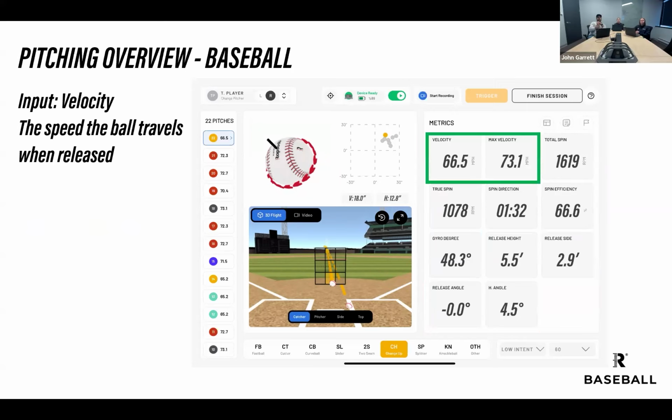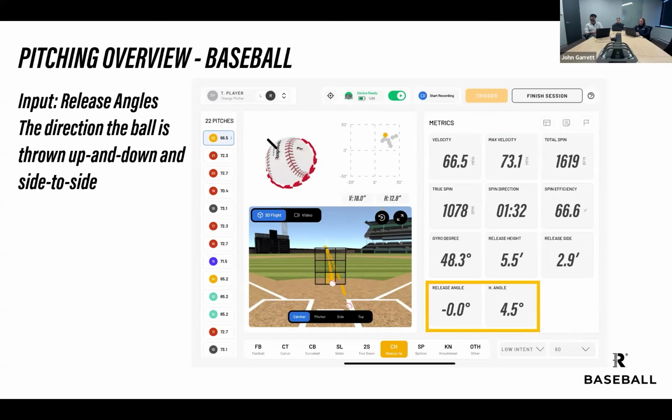On the next one here, this is the velocity and the max velocity of the session. This would be of all the pitches that have been thrown. The velocity is just the speed that the ball travels after it's been released. The next input that we're going to mention is the release angles. This would be the direction that the ball is thrown, either up and down or side to side. What we're showing is release angle. Down there is the direction the ball is thrown up and down, and side to side would be that horizontal